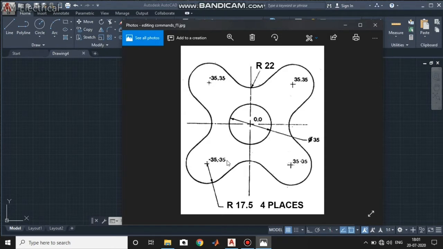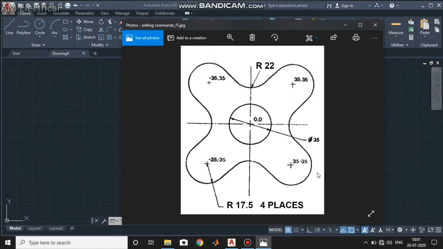Minus 35 comma minus 35 is the point on the lower side, and beyond that 17.5 should be needed. So we have to give 35 plus 17.5 as the lower limit and also for the upper limit.